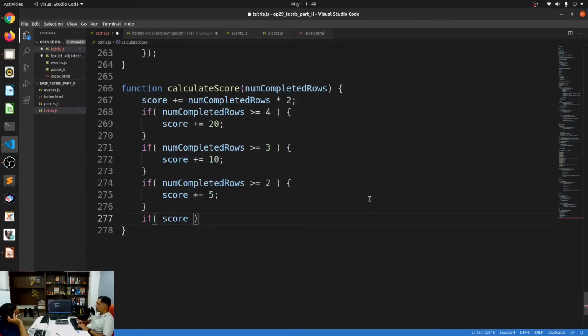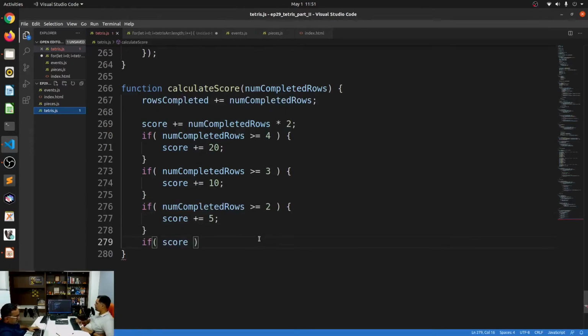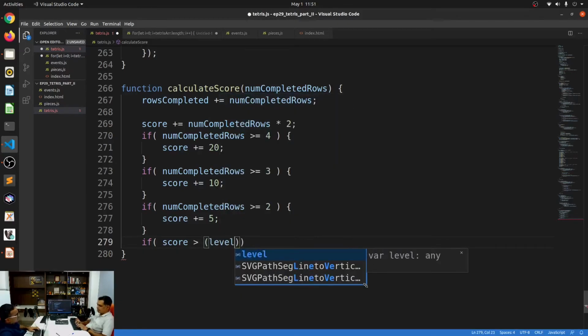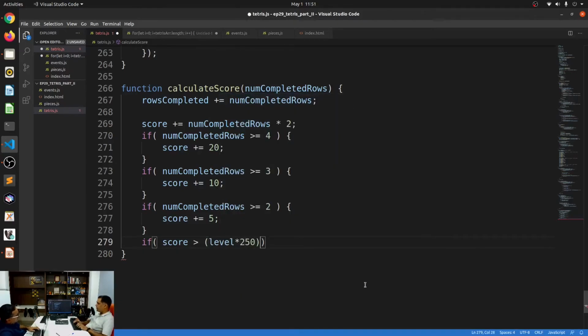So let's, without level. Oh, you know what we have? We have this level, right? So if I can say if the score becomes greater than, let's say, whatever level I am at multiplied by 250, then I know that you have completed that level. Perfect. And then I can say level plus plus. All right. Basically increases my level, and then gameplay speed, I can say minus is equal to 50. So it reduces 50 milliseconds every time the level increases.